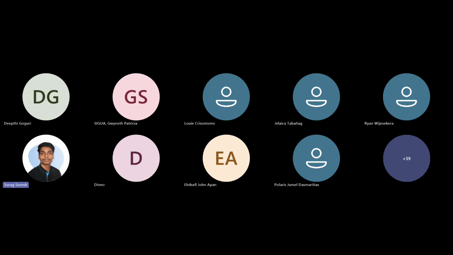Today's topic for this session is on security concepts in Azure. So we have a special guest, Deepthi Gauri, who is today's speaker, and she is a Microsoft MVP and a certified trainer as well. She is going to be taking us through the topic and help us understand the security